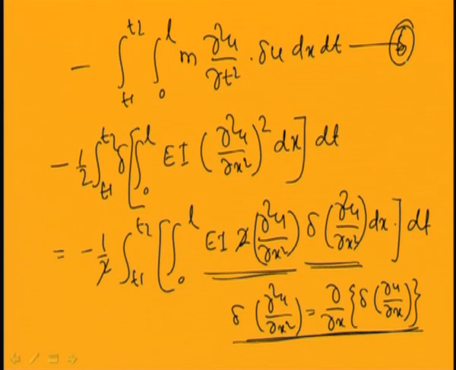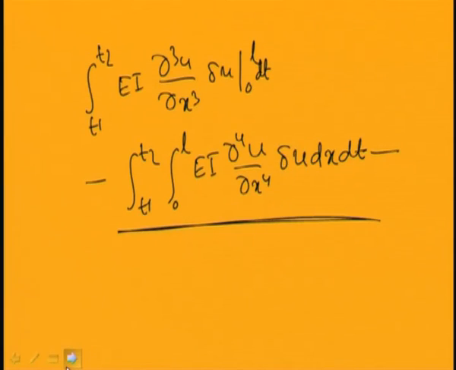So, by adding these terms I can write the integral. So, the integral of del L dt equal to 0 can be written as, so this will be equal to integral T1 to T2, 0 to L, m